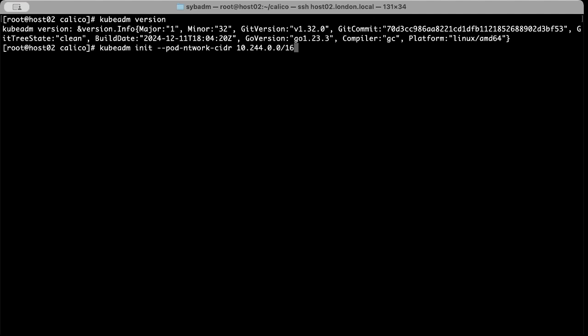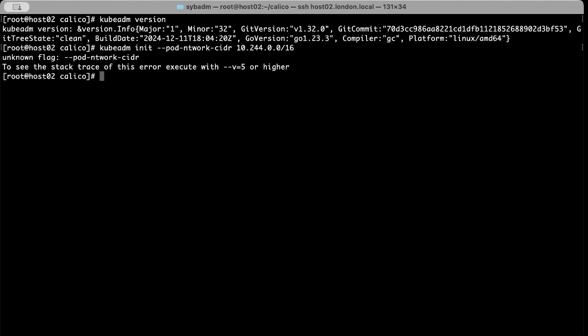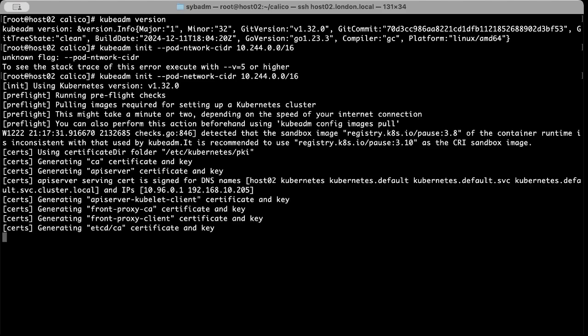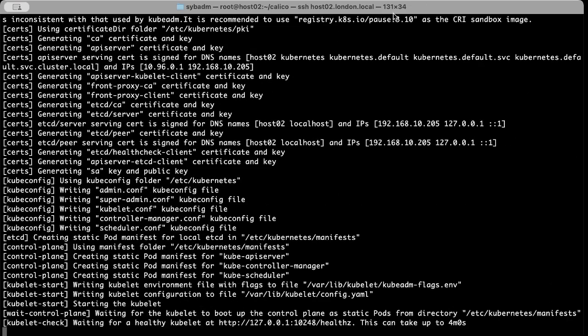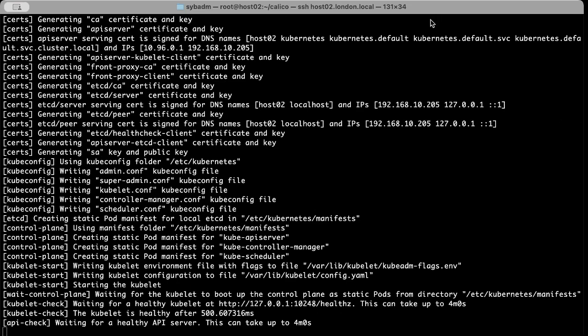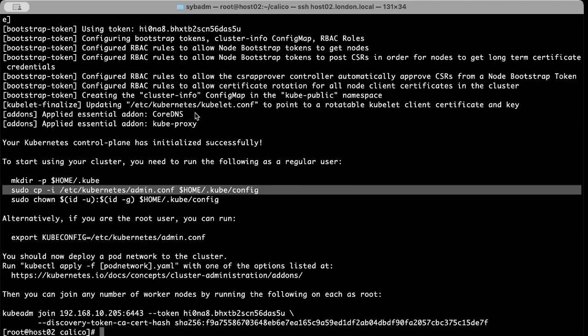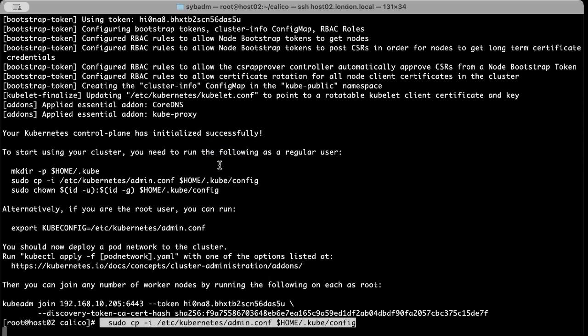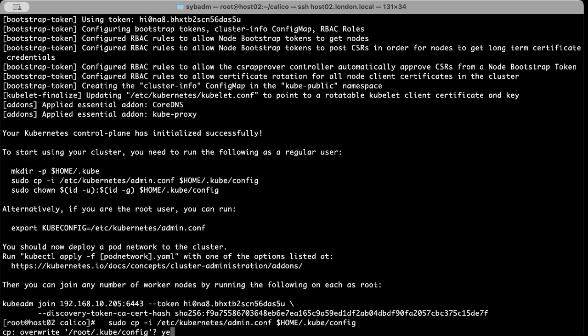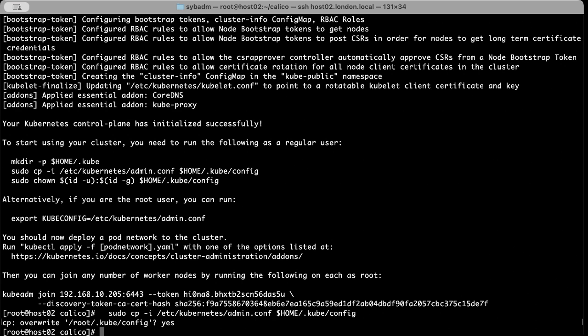That's my pod network CIDR. There is a typo. Okay, let's copy the config file. Yes, I'm going to install Calico, which is my network plugin,